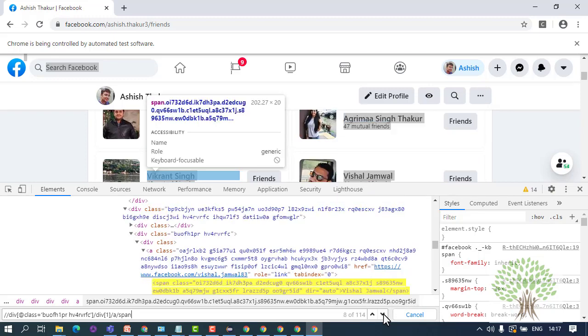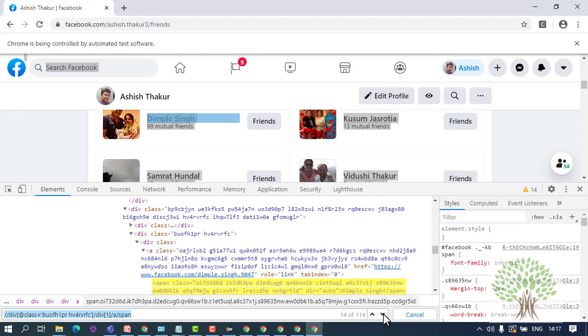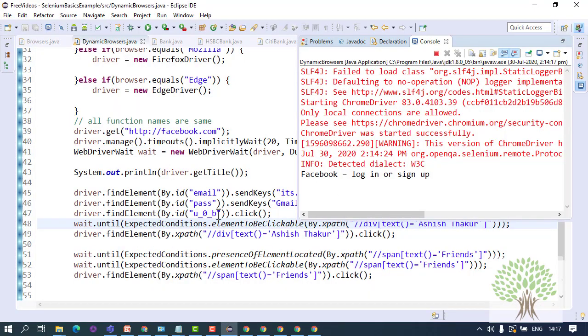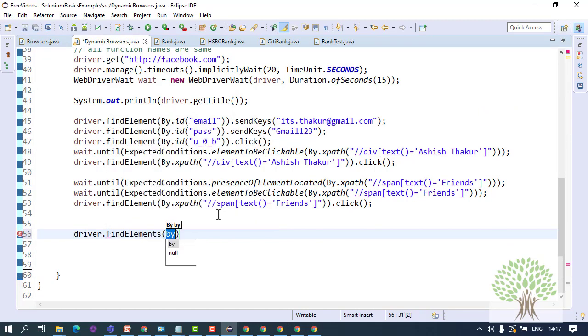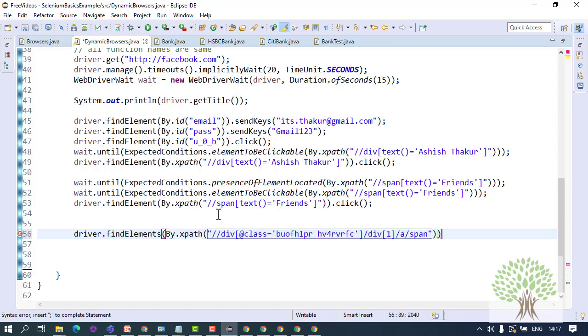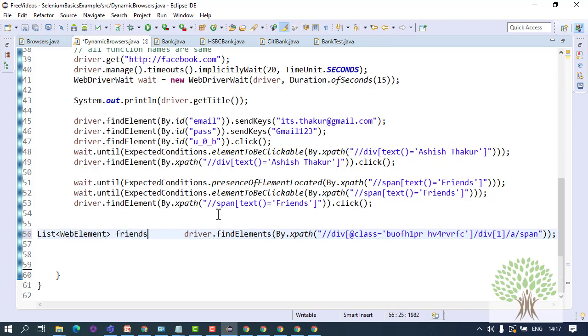So this is a common XPath for all the names. So if I go over here and after clicking on the friends link, I write driver.findElements by the XPath, you give this XPath. So this will give me a list of web elements known as friends.